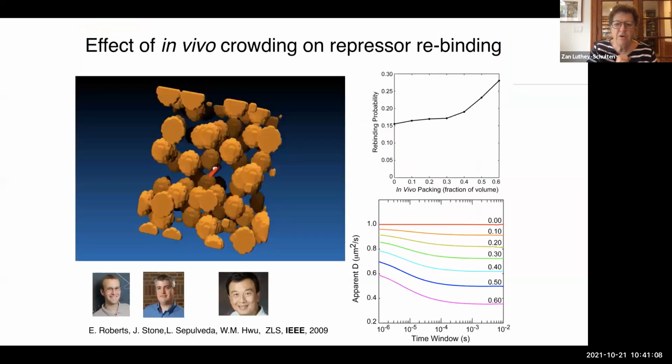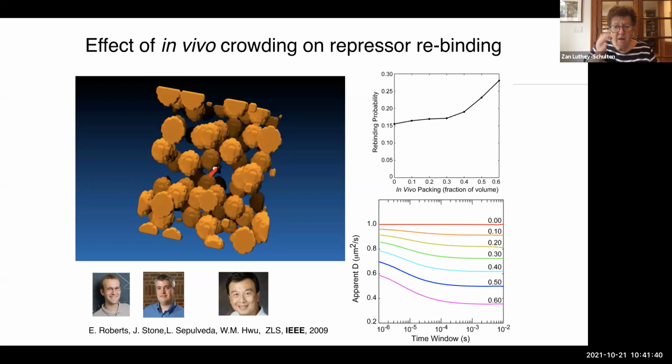Another thing that was important to do, and we're using BMD, when in the preliminary studies leading up to those E. coli studies, we looked at a typical ribosome distribution. Again, here they're in this sort of gold color. Here's a little piece of DNA. It's in red, and there's supposed to be a transcription factor, like a repressor sitting on it. And if it were to come off, we were trying to see what's the effect of crowding on it rebinding to